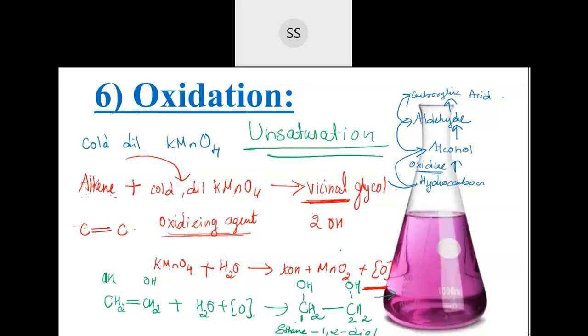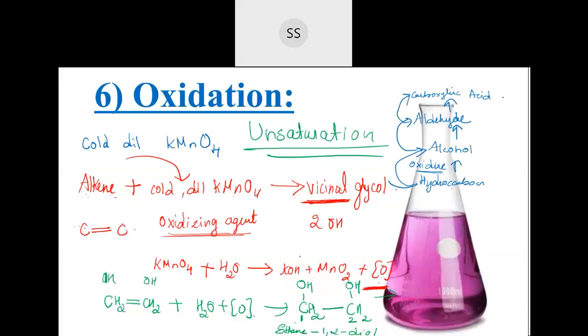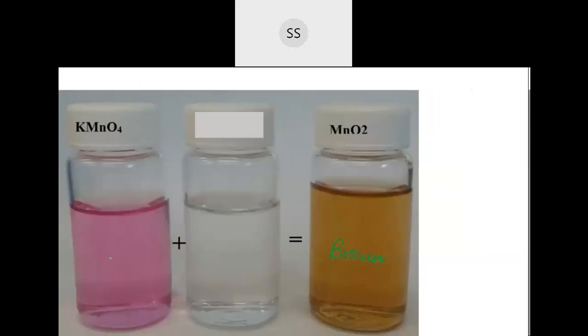Now, when you pass an alkene into this, see what happens to the color. Here we have KMnO4, and if you pass any alkene into that, the color turns brown. It will give you a brown precipitate. That indicates that the double bond has broken down and got converted to alcohol. KMnO4 has oxidized the alkene and has itself been reduced to MnO2, and this MnO2 is brown in color. That's the reason the color changes like that. So you go from KMnO4 purple pink to brown color, indicating that a double bond is present.